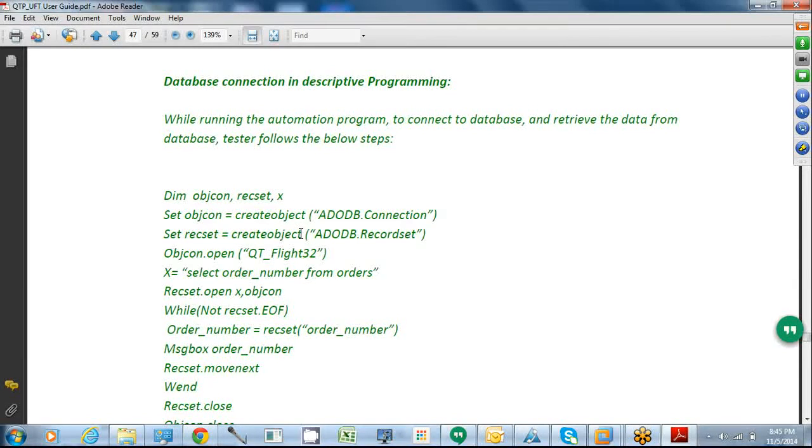That will result in wrong automation results. It will show fail instead of pass, and vice versa. So if you connect to the database whenever you run your automation program and capture the values, that will always result in a successful automation program.